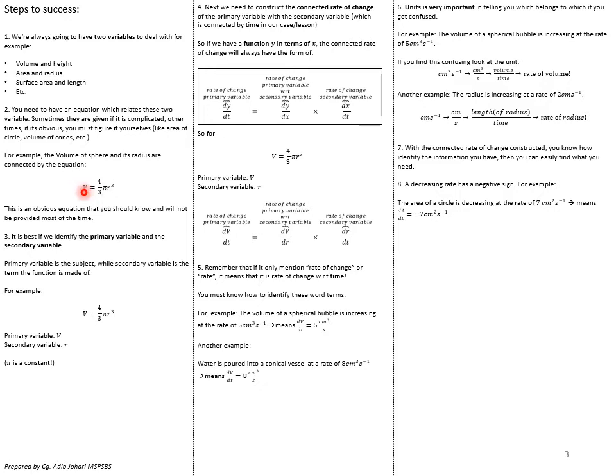So we have two variables here, volume and radius, which is for part 1. Now for part 3, it is best if you identify the primary variable and the secondary variable. The primary variable is the subject here, V. It's always in front. The secondary variable is the variable which makes up the function, which is r here, not pi. Pi is a constant, just a number, 3.14. If you can tell which one is primary and which is secondary,